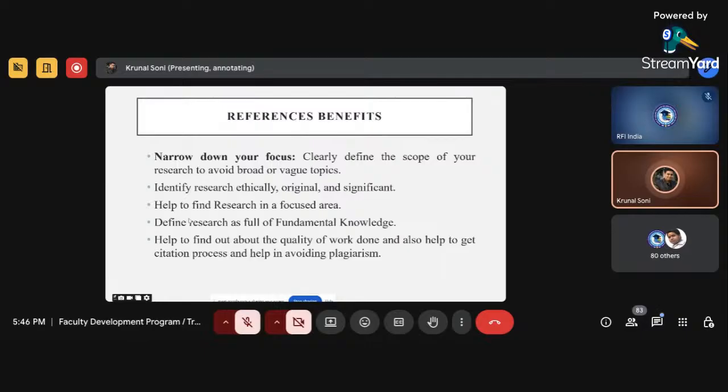Secondly, it identifies the research in terms of whether it is ethically correct or not, right? So that is where we have to see to it, and that is where we have to focus, right? That our research is correct on fundamental grounds or not. Clear? So if we want to prove our research to be correct on fundamental grounds and ethically correct, then whatever